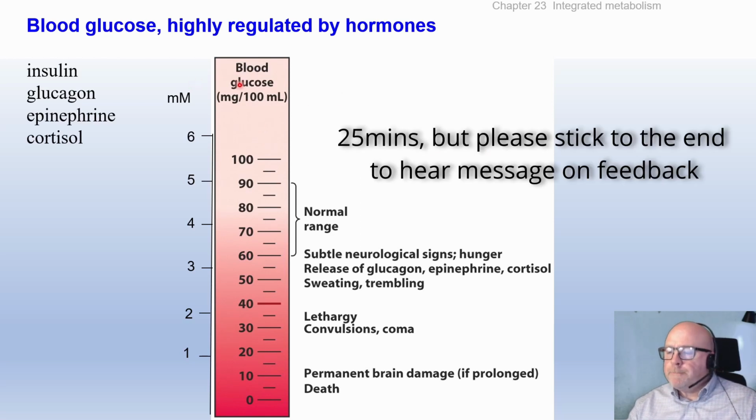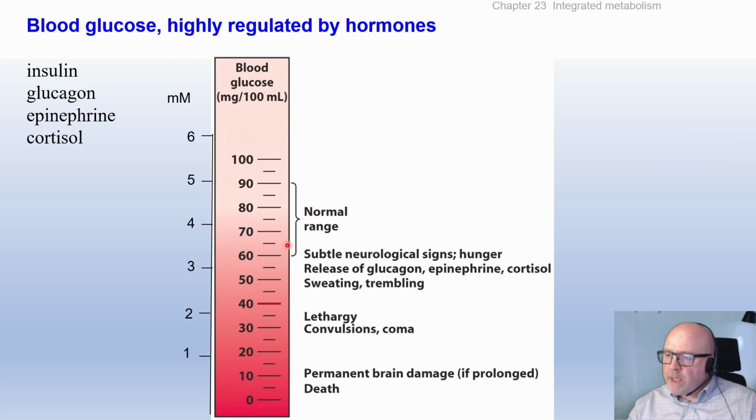Blood glucose levels. Here we see the normal range between 60 to 90 milligrams per deciliter. If it drops below this, down to 60 to 40-ish, we see subtle neurological signs: hunger, obviously, but also lightheadedness, confusion perhaps, sweating, trembling, shaking, because you're hungry. And then if it drops below 40-ish,